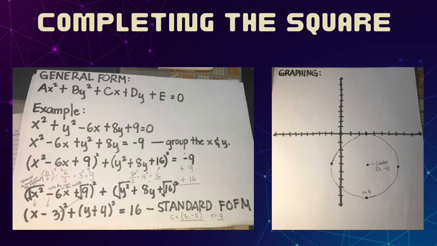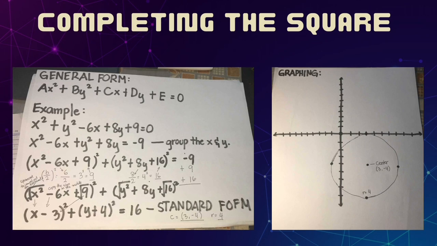is equal to 0. The first thing we need to do is group the x and y. So it will become x squared minus 6x plus y squared plus 8y, and then transfer over the equal sign the 9, and the sign will be opposite, so it would be equal to negative 9. Okay, next thing we do is